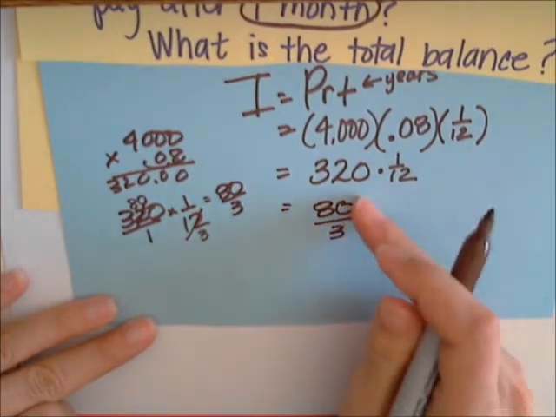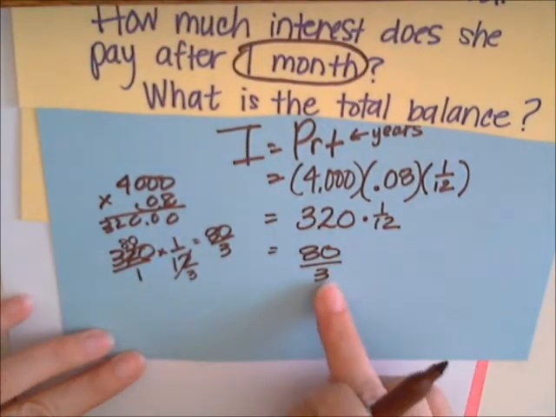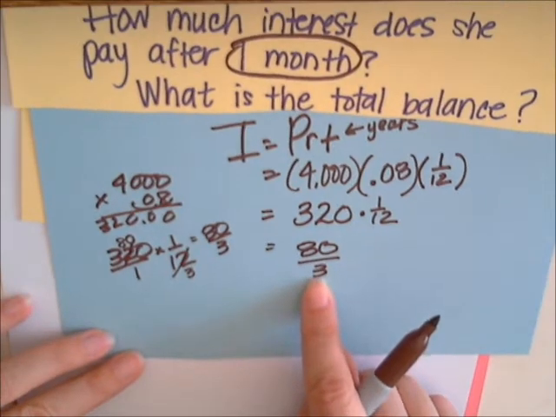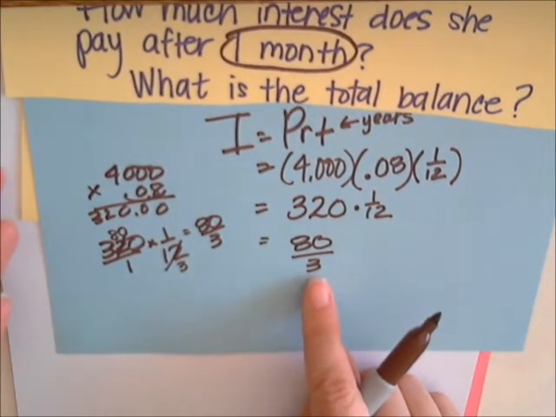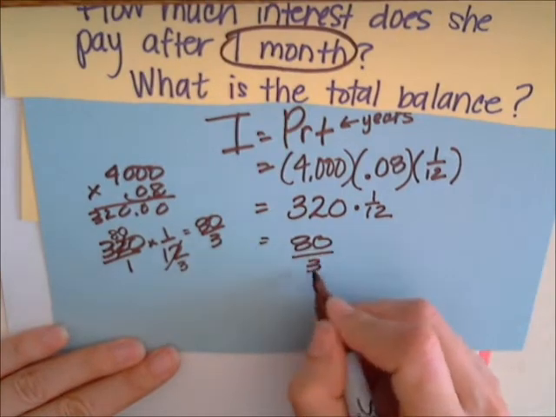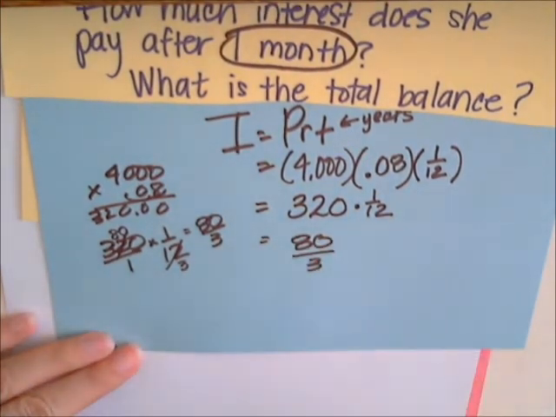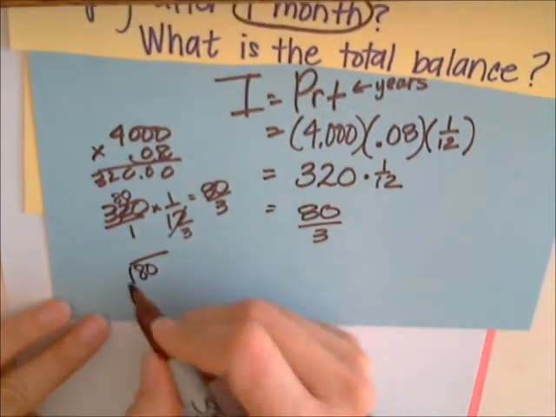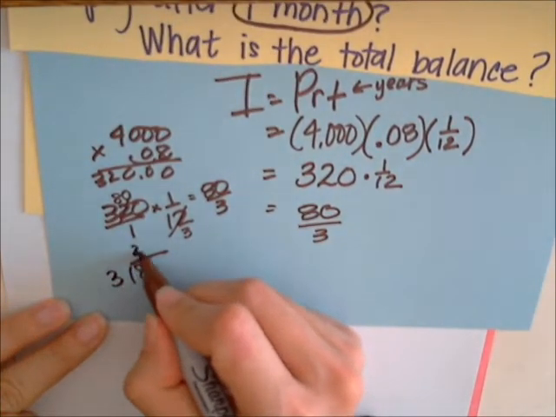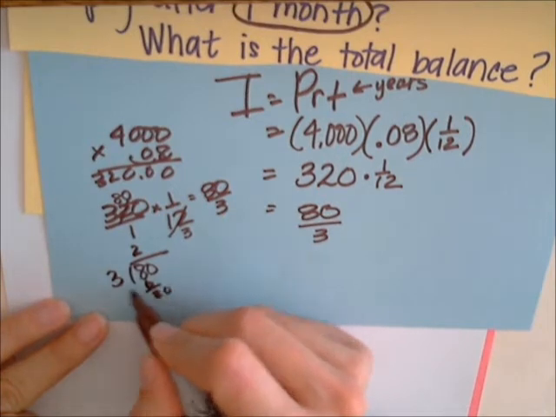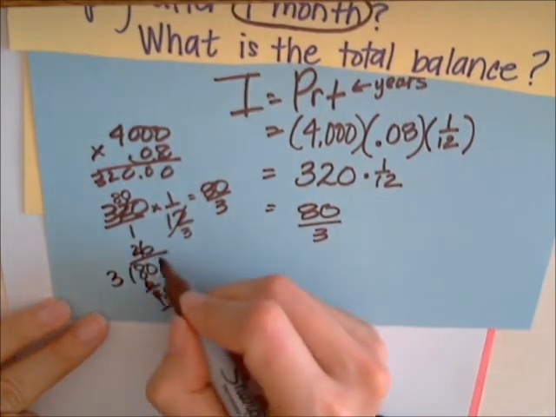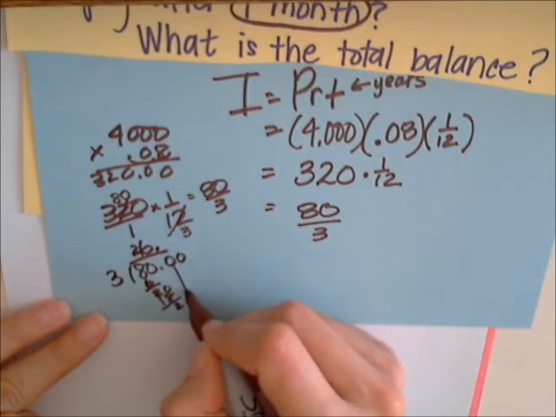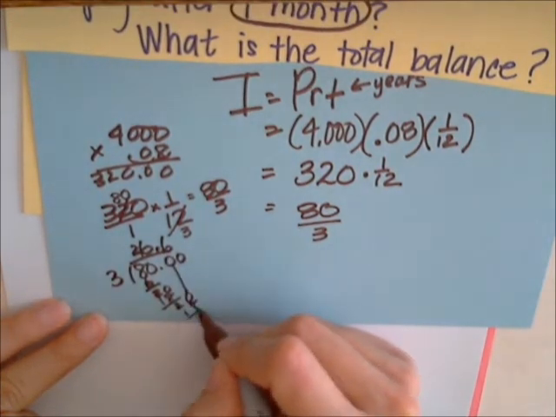Now, remember, I'm trying to figure out interest. That's a fraction, but I need it to be in money, right? It needs to be money. So I'm going to turn this into a decimal. So 80 divided by 3. That goes in there 2 times, 6, 20, 6, 18. I'm going to have to add some decimals here. 2. Okay, it looks like